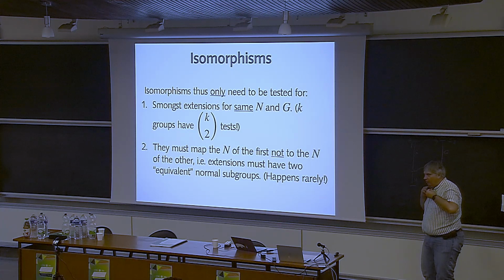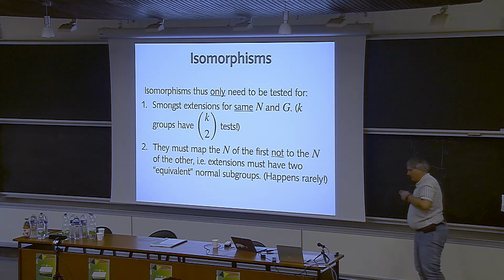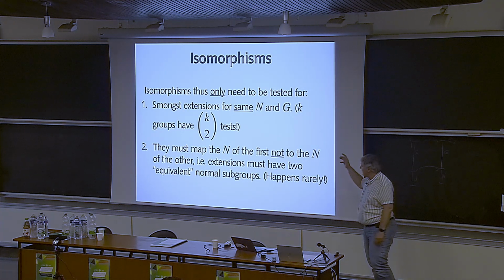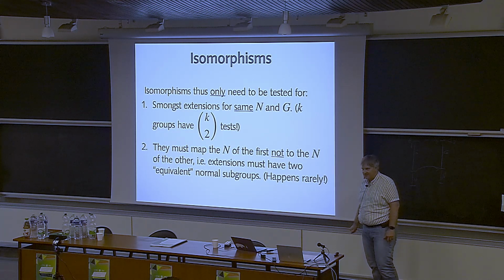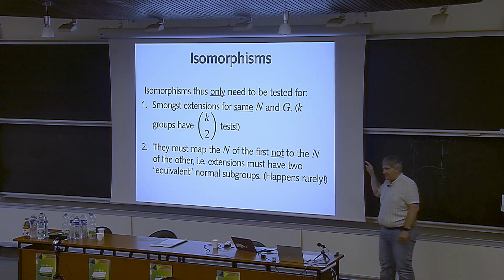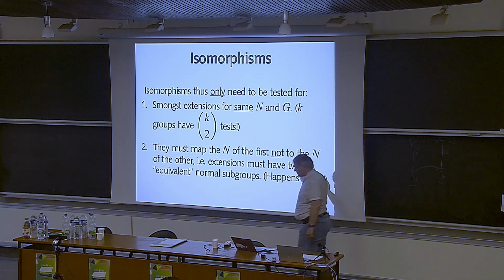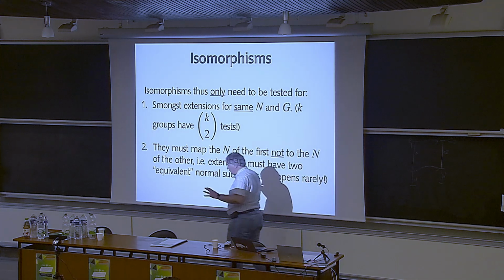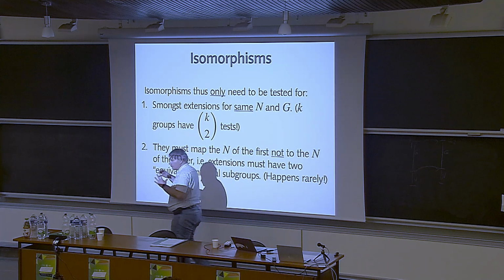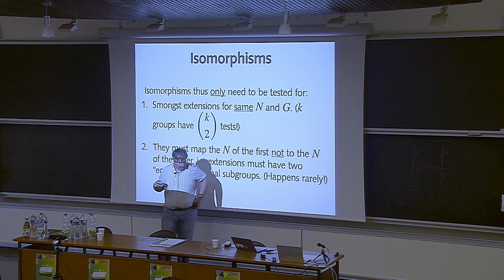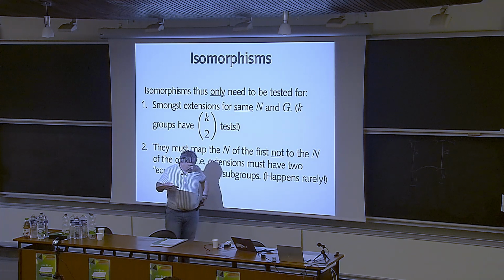if I take all groups and throw them into a bucket and do isomorphism tests, well, if I have k groups, I would have k choose 2 pairwise tests. That's quadratic in k. That very quickly gets expensive. So I want to do isomorphism tests preferably only in small pools of groups, because that will be so much more efficient to do. And